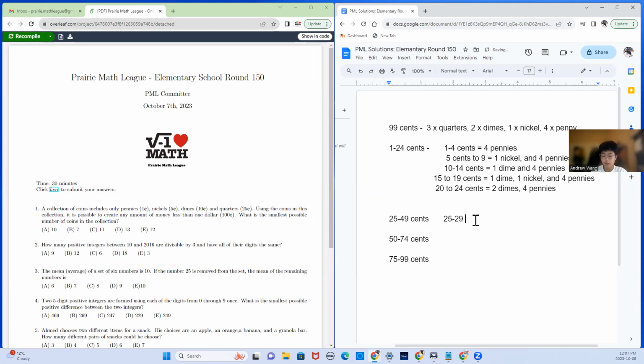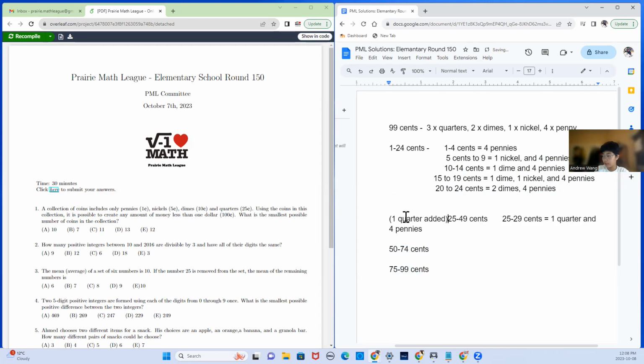Yeah, 25 to 29 cents just by using a quarter and 4 pennies. So a quarter automatically gives us 25. And then when you find this pattern, you will realize that everything we do up here with 4 pennies, 1 nickel, and 4 pennies to get these ranges in the 24-cent range, we can just add a quarter to it to get everything down here. So we add 1 quarter